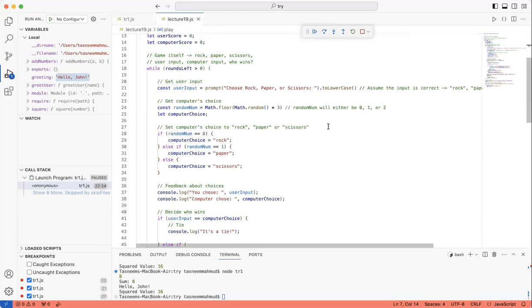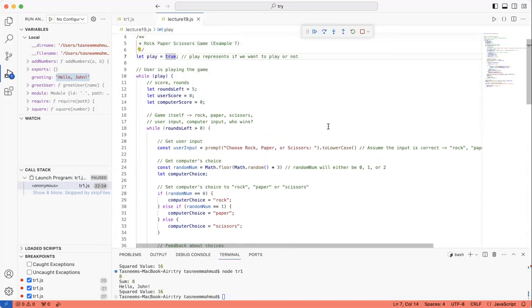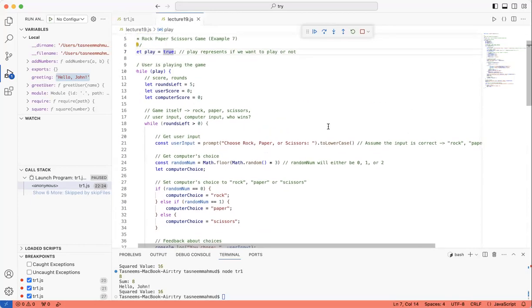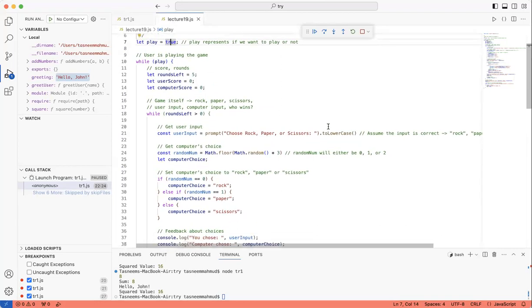So let's go to something familiar over here. Let's go to the rock, paper, scissors game. So let's first figure out how the rock, paper, scissors game is actually functioning. At first, we set play as true, because if we don't, it's not even going to start the while loop.